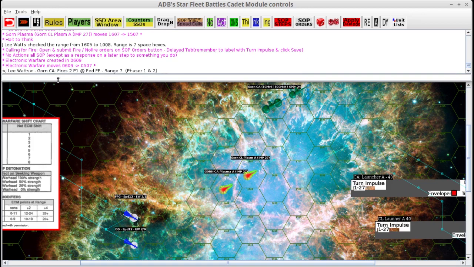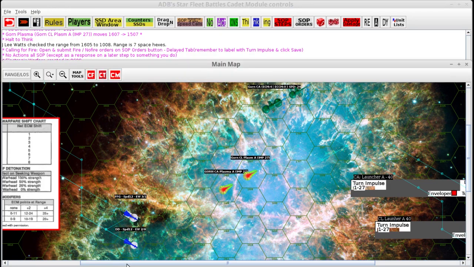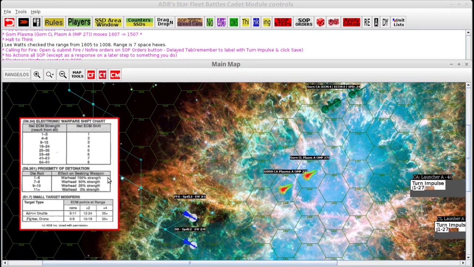So the Gorn opens up with 2 phasers. Now, we were mentioning that the Federation player was playing such that he wanted to maximize his ECM, and this is where it is. After the Gorn plasma and the Fed, their ECM levels are taken into effect. If there is a net ECM shift in favor of the Fed, that shift is added to a proximity roll. So when the Plasma is hit,